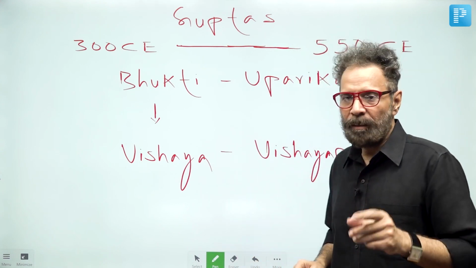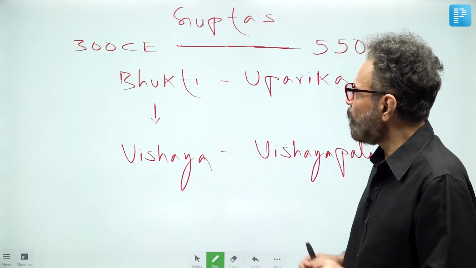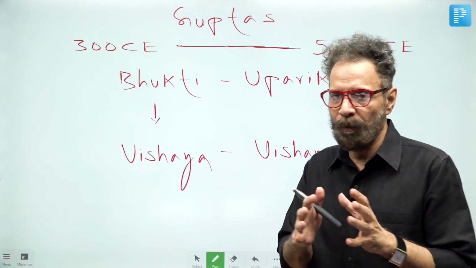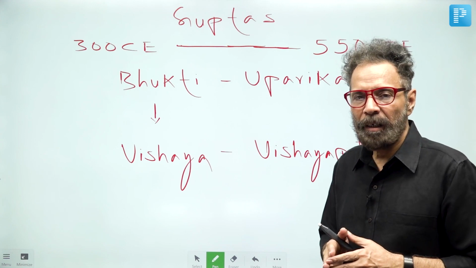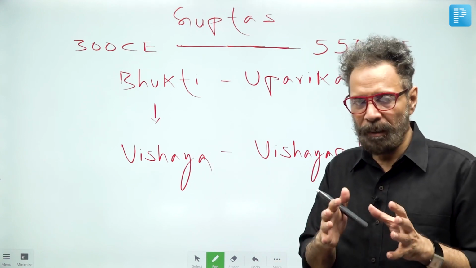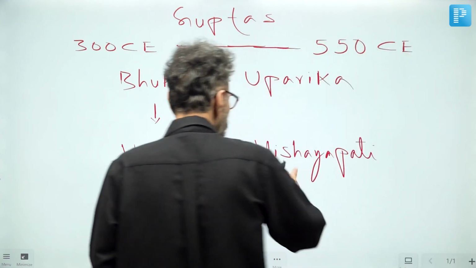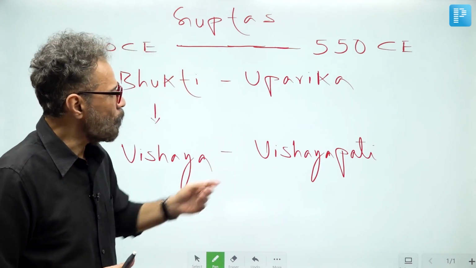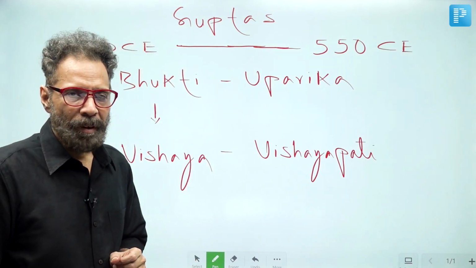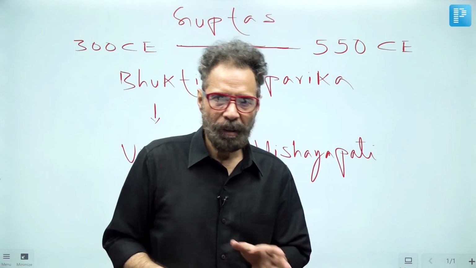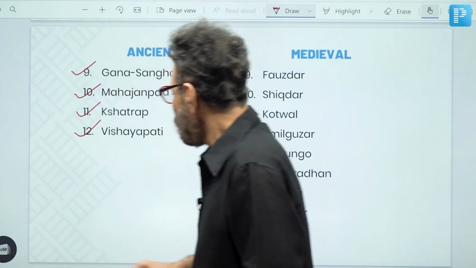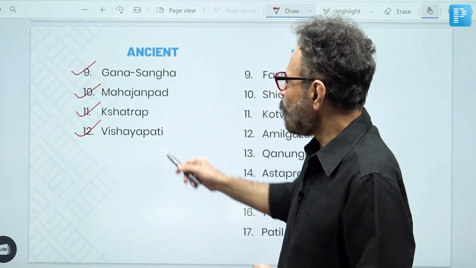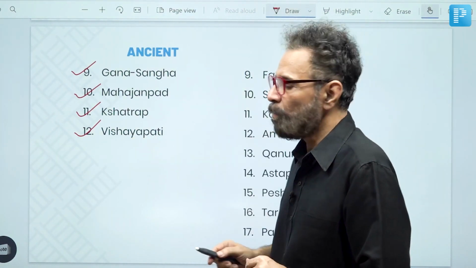In modern context, you can consider Bhukti somewhat like a province, and Uparik as the head of the province, and Vishya somewhat like a district, and Vishyapati somewhat like the head of the district. So this is all about the term Vishyapati. So this is the last one in the list of ancient